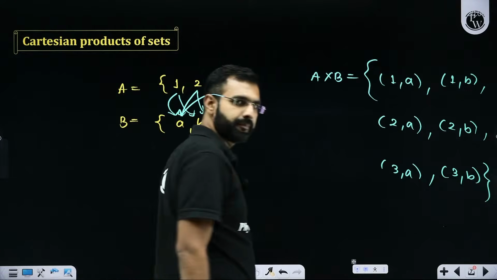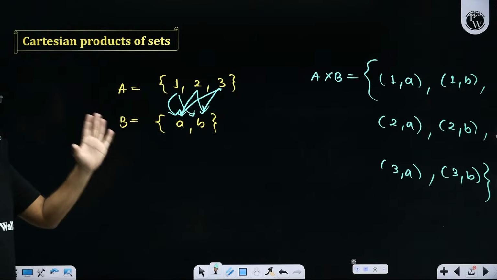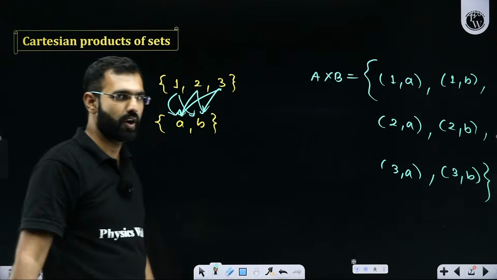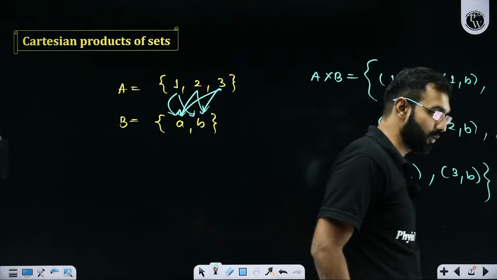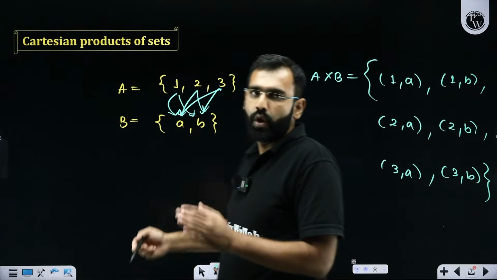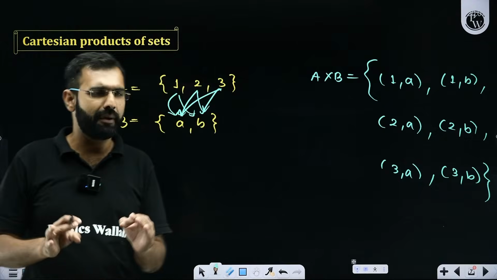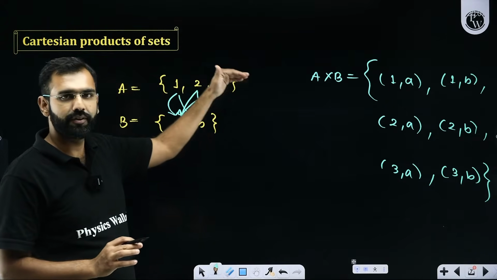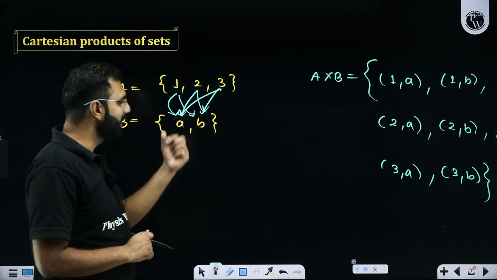Everybody got it? Everybody understood it? Were you all able to process this? That's brilliant, Joy Rupesh. That's excellent. You know Cartesian product. And with this, I'm sure everybody must have understood what we mean by Cartesian product. Simply, I am mapping the elements of A with the elements of B.